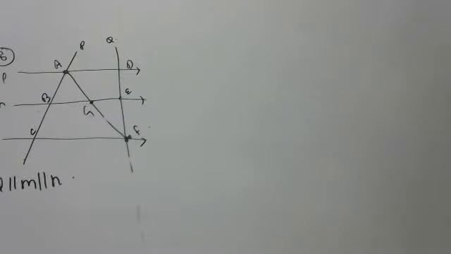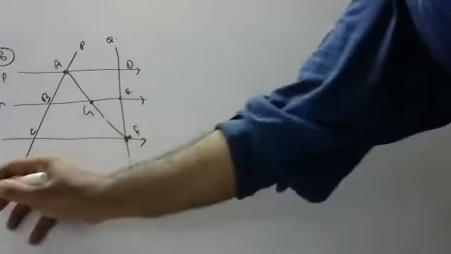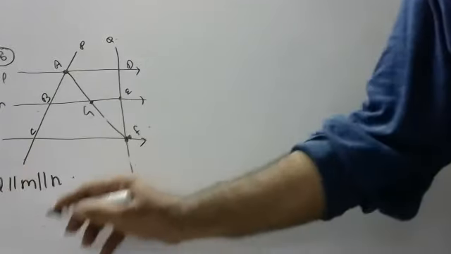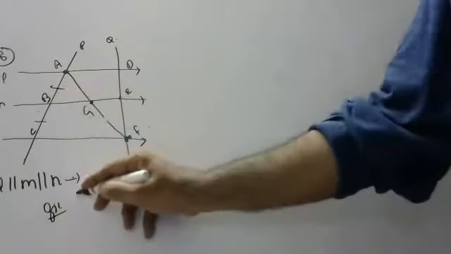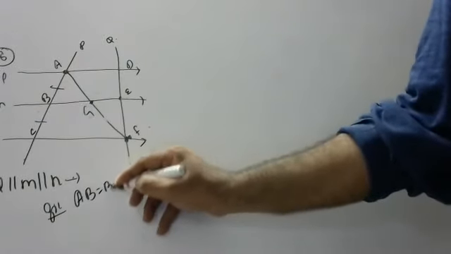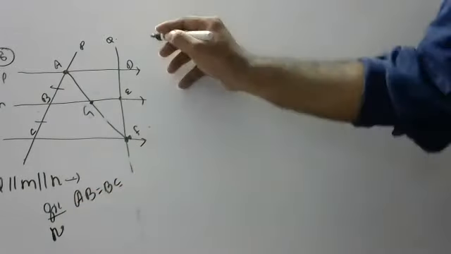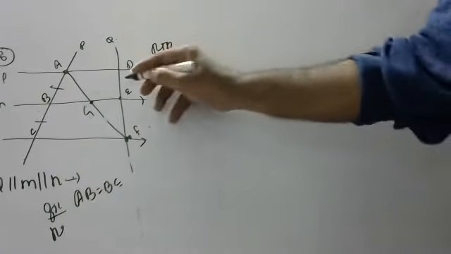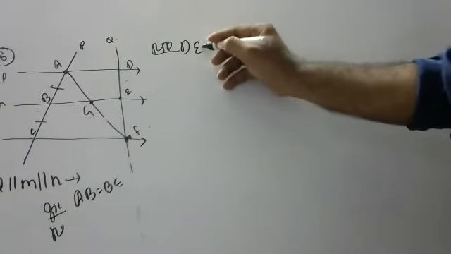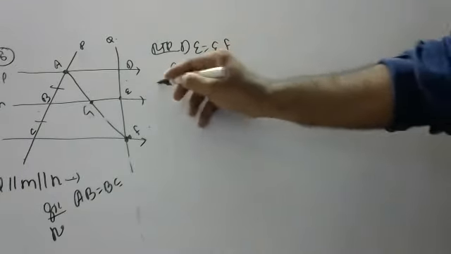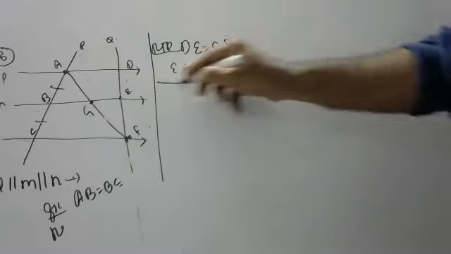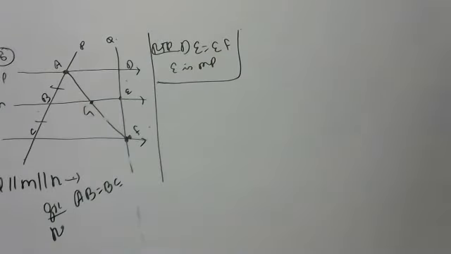He is asking, children. This is given, and he has also given that AB is equal to BC. What is required to prove is that DE is equal to EF, which means E is the midpoint. We should prove E is the midpoint. By the converse of the midpoint theorem, we can do it, children.